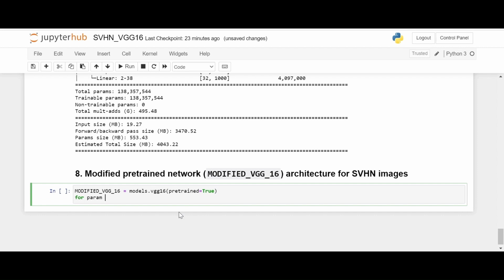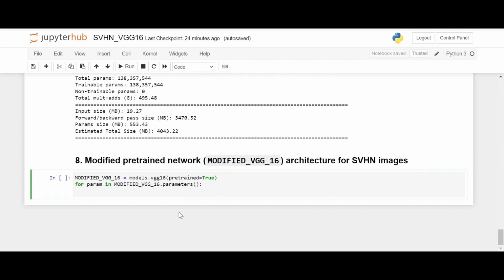For param in modified VGG16 parameters, param.requires_grad false. We're gonna use the trained weights and biases. We do not have to optimize the parameters again,